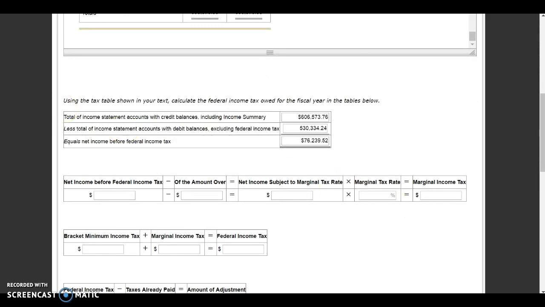To fill out this next part, you do need to have a book. So pause this if you don't and grab a book. Turn to page 680. This will be where you find your tax rate schedule. It's on the bottom of the page in kind of a cream colored table. Okay, you need to have that. So first thing is, it says, what is our net income before federal income tax? That is the number that we just figured out. So we're going to go ahead and put that number in,